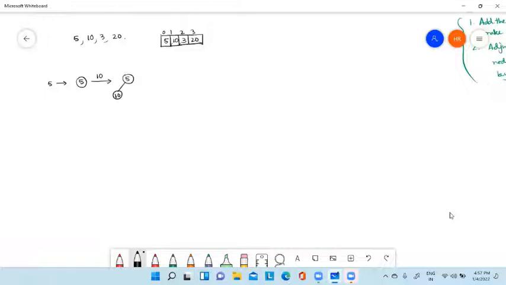Then I will adjust by interchanging this, and I will get 10 in this position and 5 below. So I will start inserting new elements from this position, correct? Because the first element, 5, is already there. So from 10 I will start my new element insertion. So I will start my loop from this position.